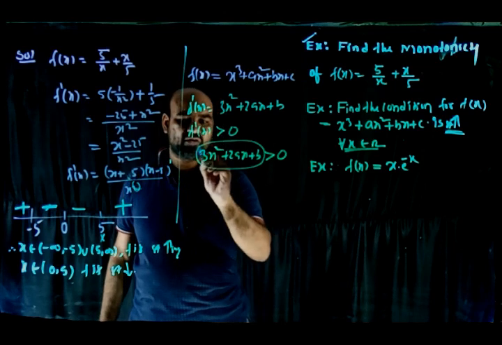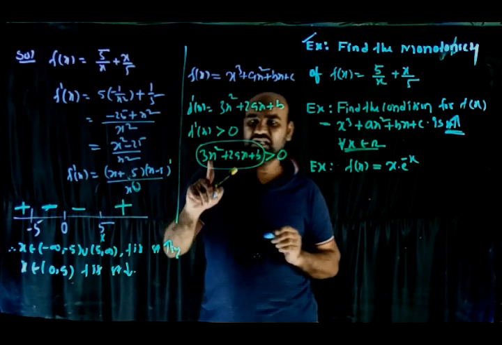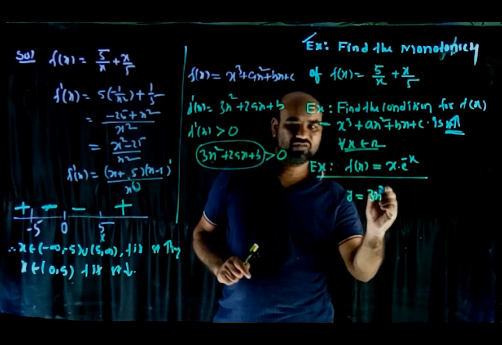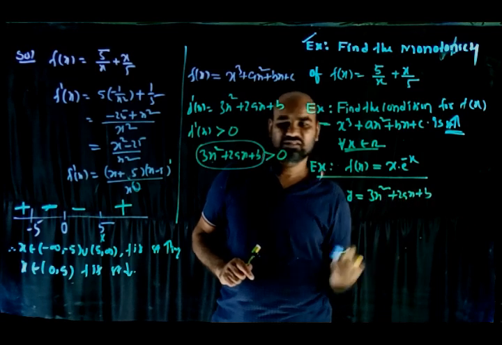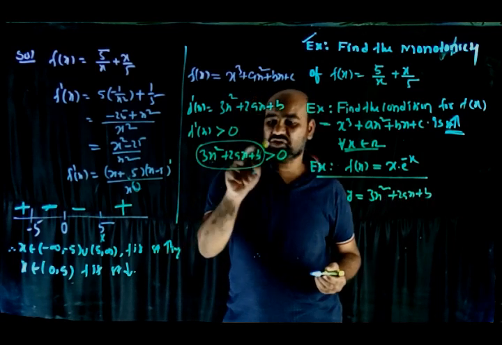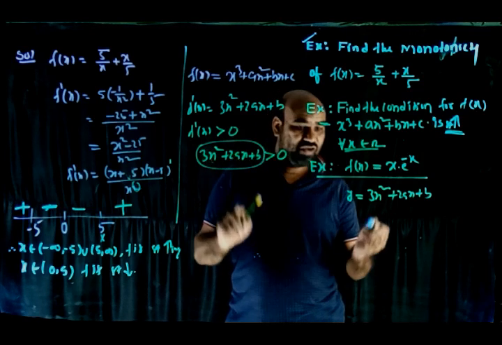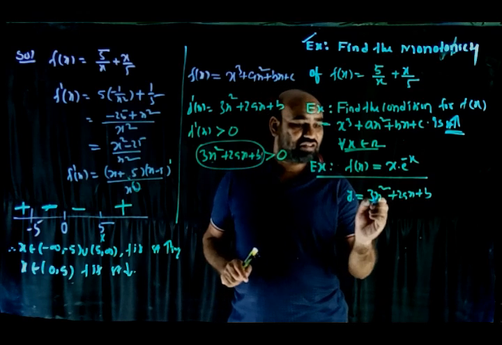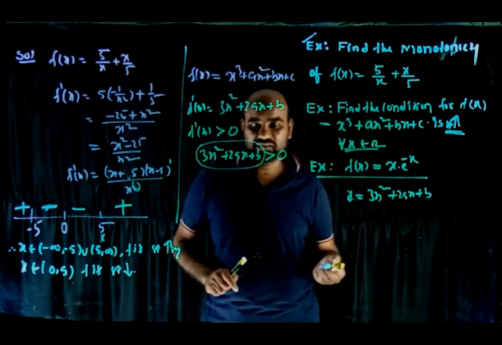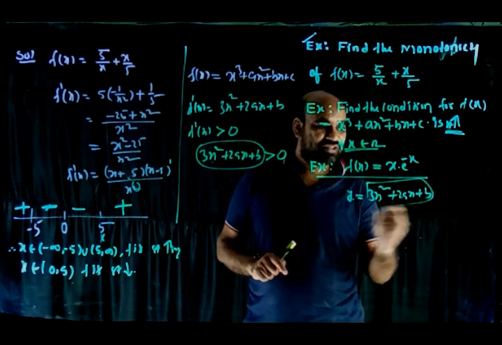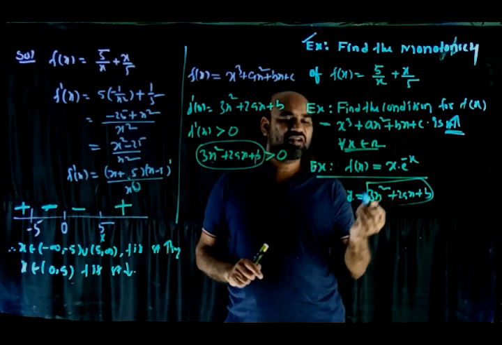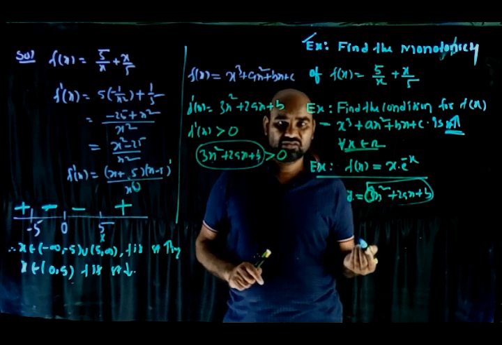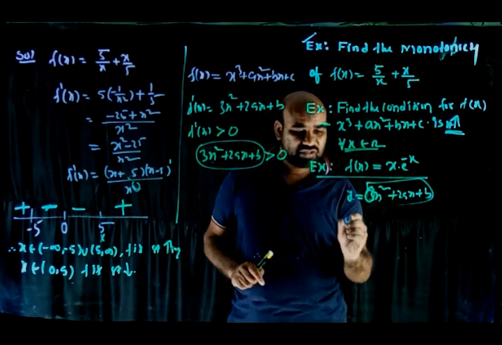This is a quadratic polynomial. Let it be y. y equal to 3x square plus 2ax plus b. So this expression's value depends upon x only. Means the y value depends on x only; if x changes, y will change. So y equal to 3x square plus 2ax plus b means it is a parabola. If you draw the graph on the coordinate plane, you get a parabola, and the x square coefficient is positive, so it opens upwards.